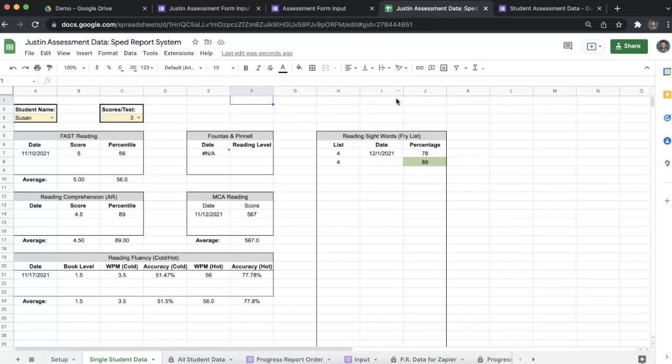All right, so the point of what we're trying to make here is a dashboard that's going to hold all of our student data. We've got our student name up here that we can choose. Should be able to pick a different student. We've got how many scores we want to take for each test. This one doesn't have too many in there, but I can limit it to one, so that we're only taking